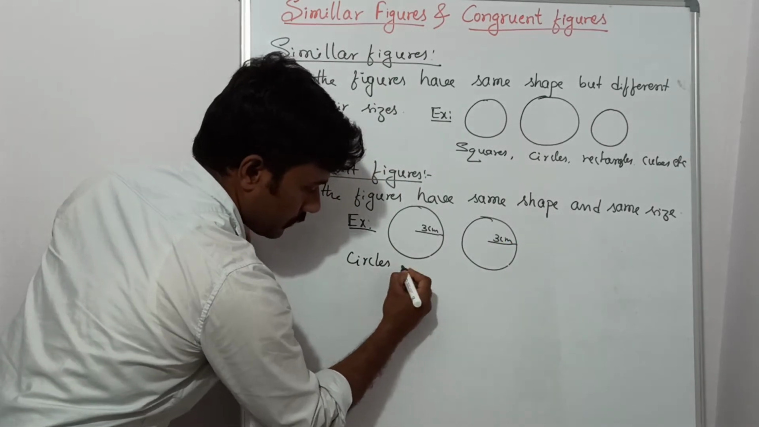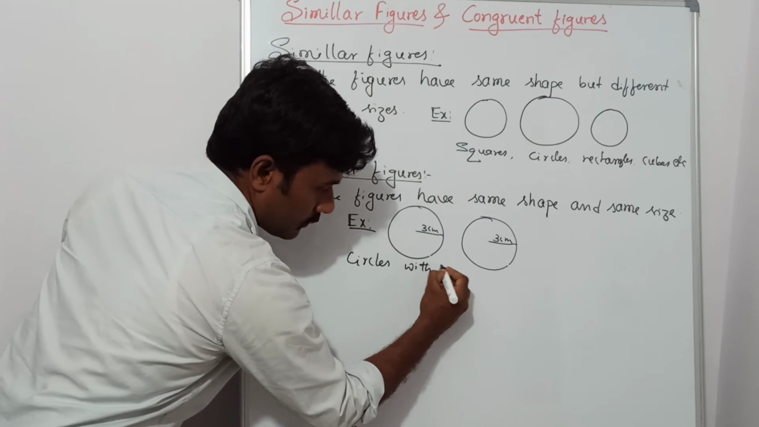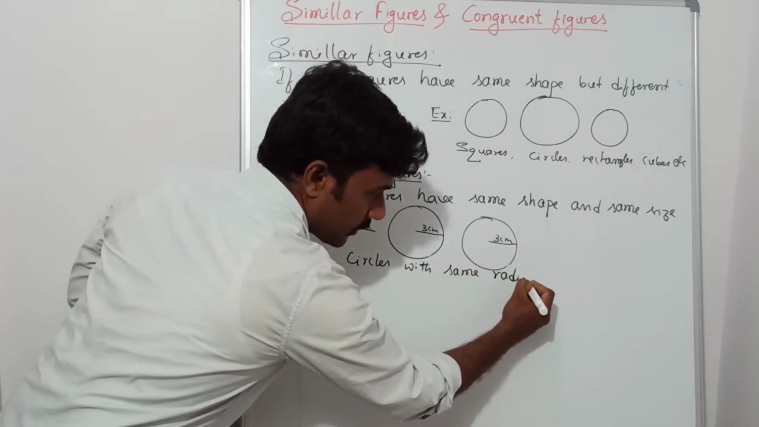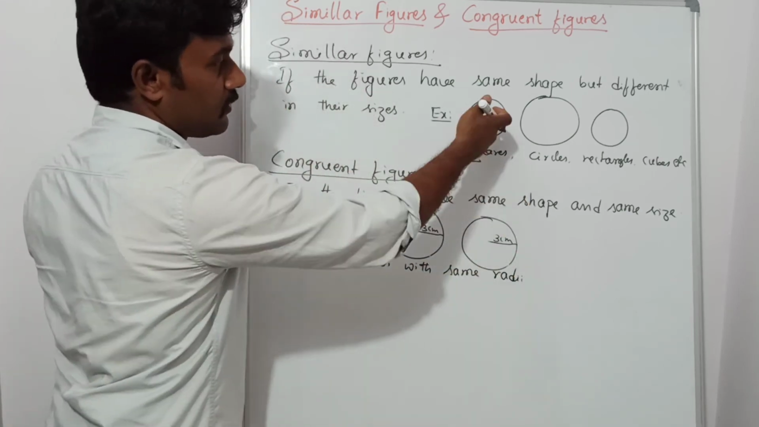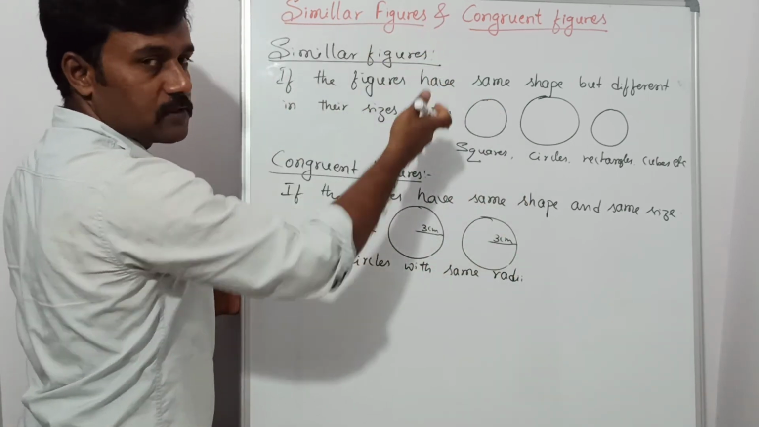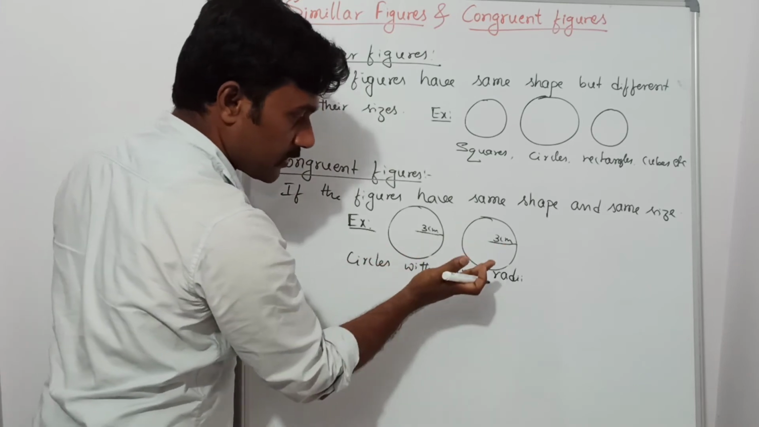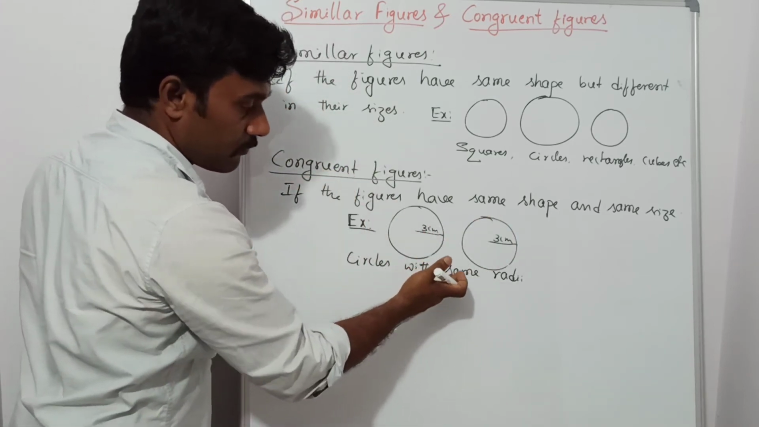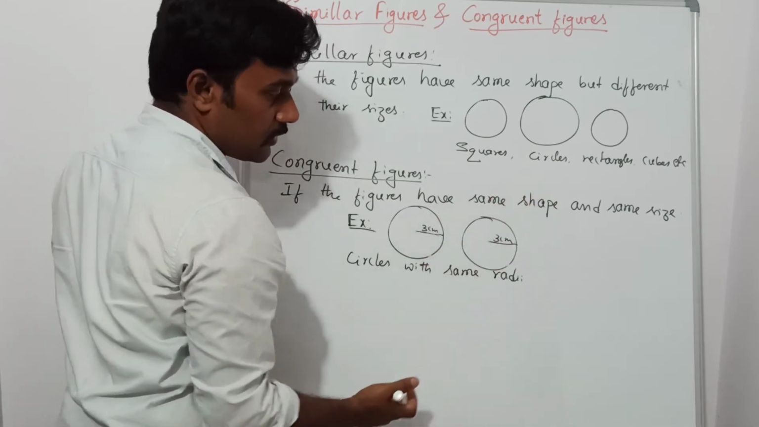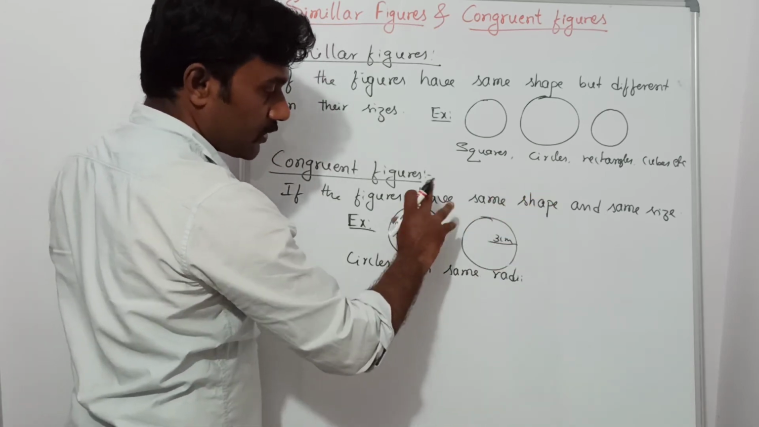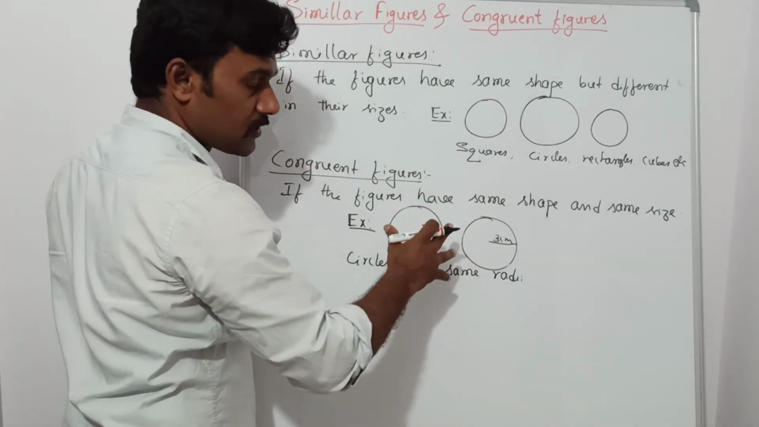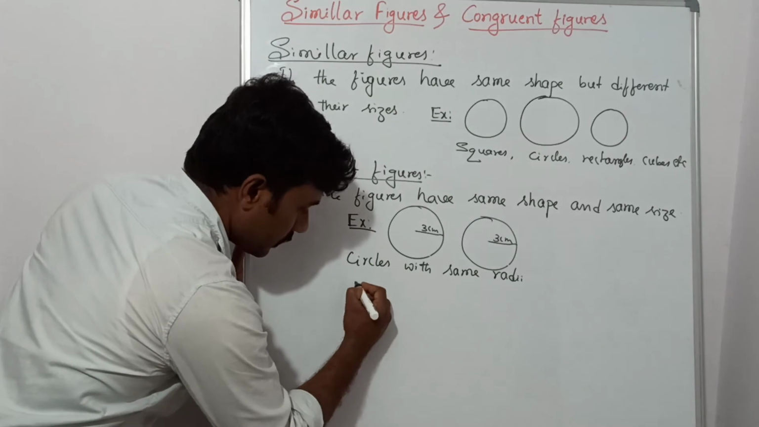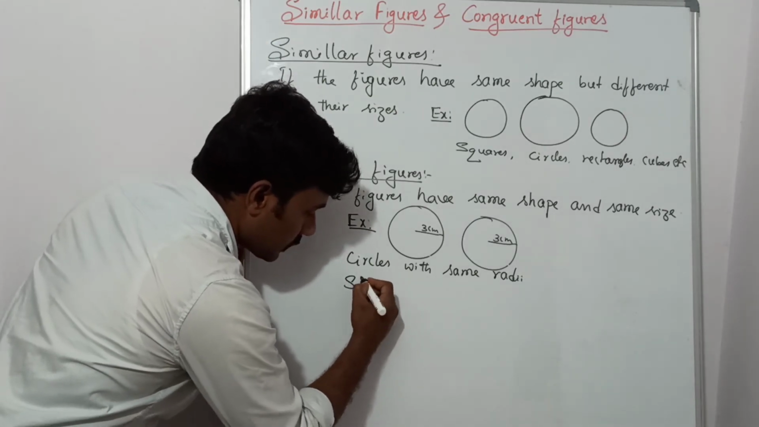Circles with the same radii. This is important: same radii. If you change the radii, then they are examples for similar figures. If you have the same radii, then they are examples for congruent figures. Because if you maintain the same radius for all the circles, then their shapes and sizes, especially their sizes, are the same. And squares with the same edges